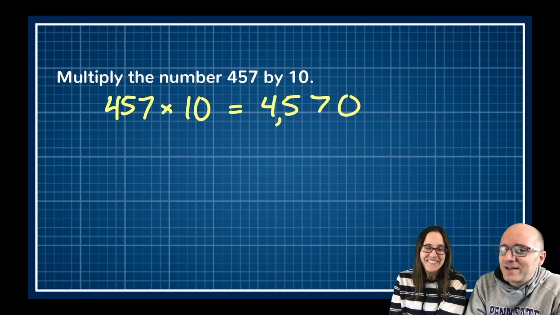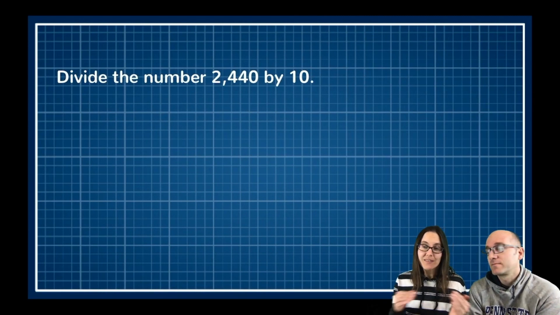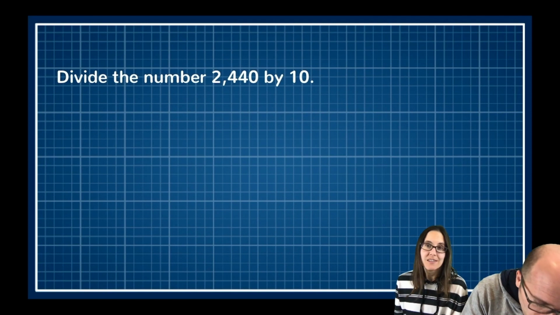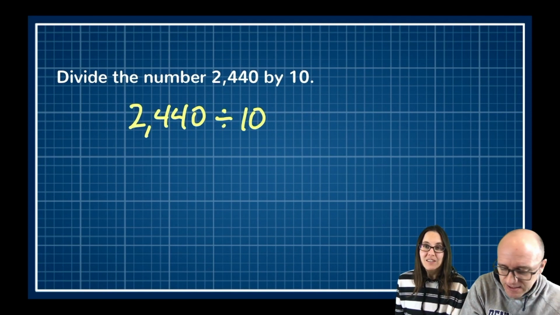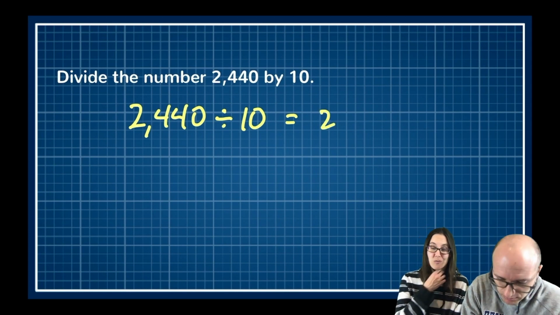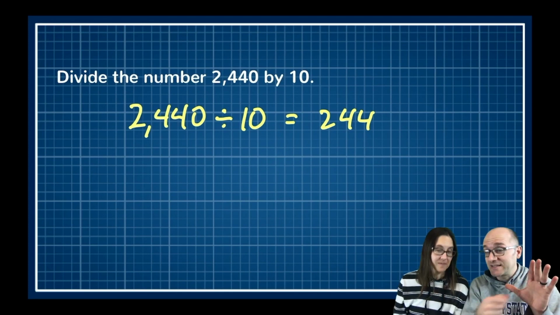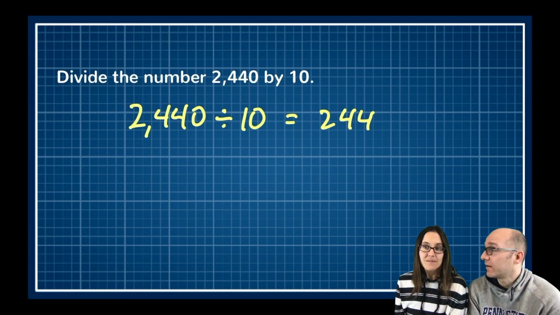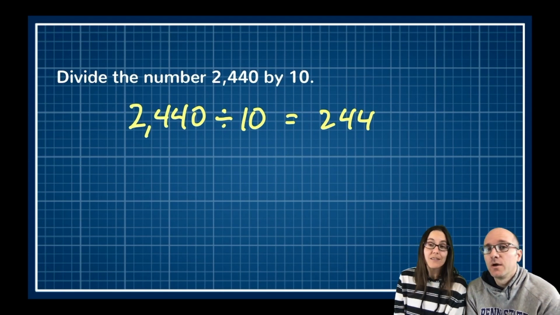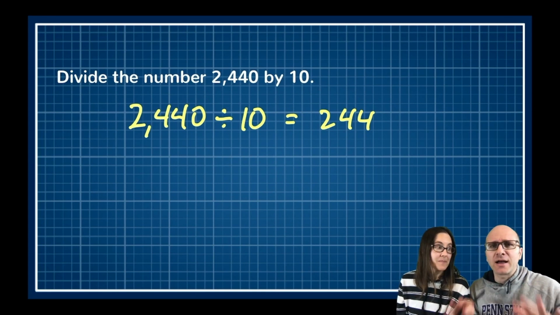All right, well, what about dividing by 10, Science Mom? Then we do the opposite. We're moving the place value the other direction. Ooh, so 2,440 divided by 10? We just lose the 0. It's 244. That is correct. So multiplying by 10, we stick a 0 on the end. Dividing by 10, we remove the 0 from the end of the number. What if the number doesn't have a 0 at the end? Ooh, well then we're going to be getting into decimals, which we will indeed be getting into this semester, but maybe not so much today.